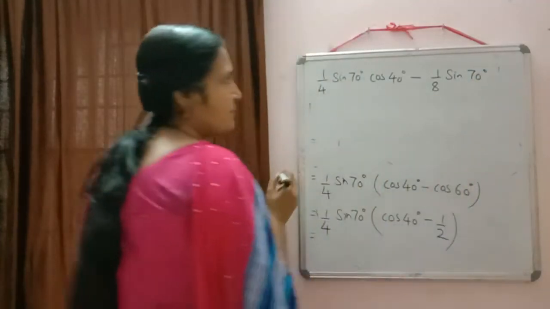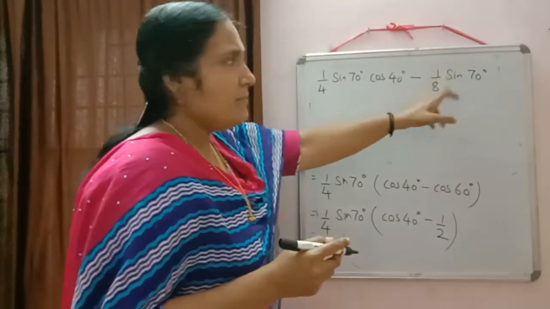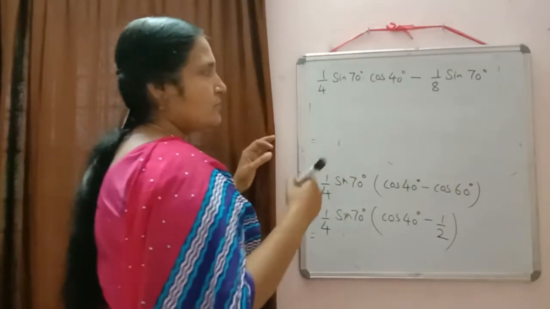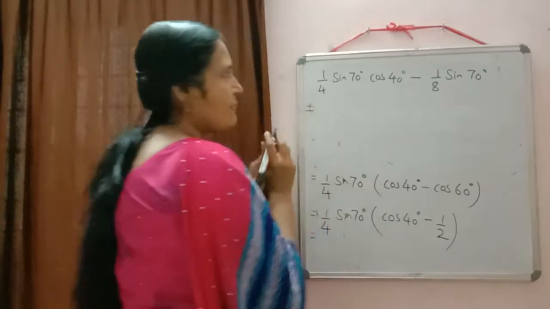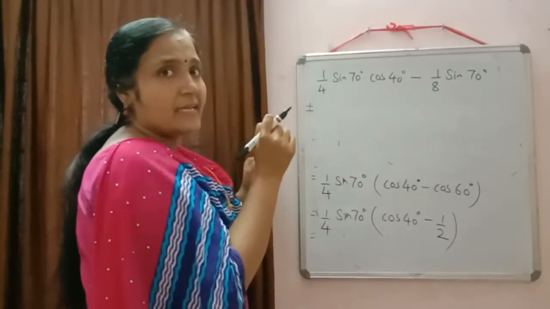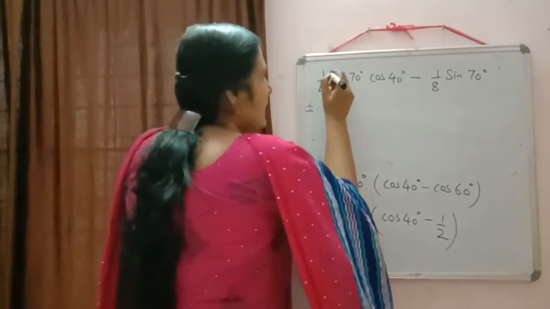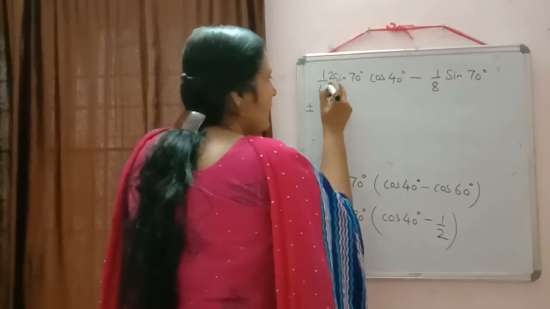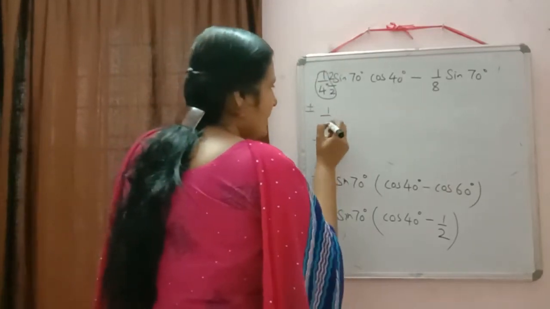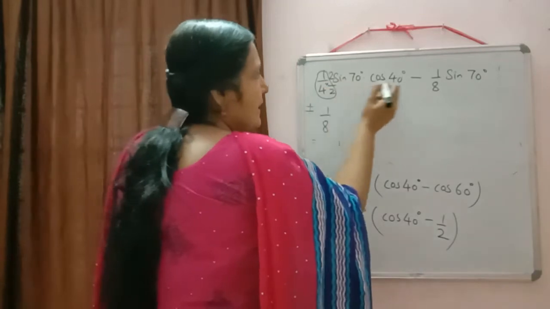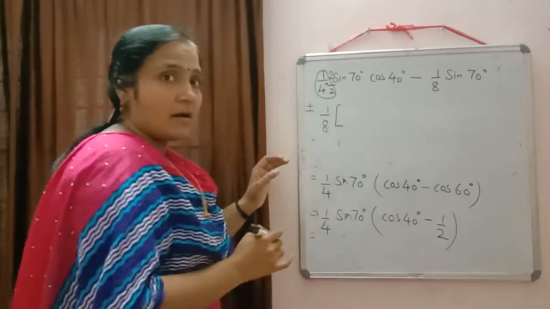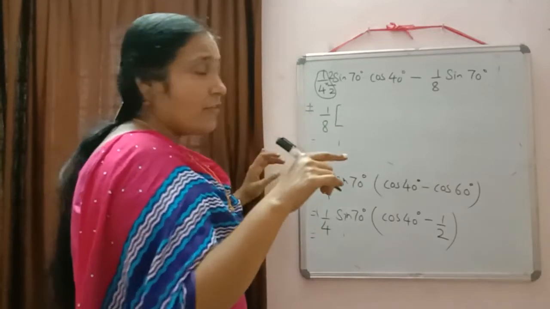70 degree. Now this one, second term, no product, but in the first term again we are getting a product. So again we will convert the product in the form of addition or subtraction. But to convert, what we need there? We need a 2. So again we will multiply and divide it by 2. So here it will be equal to 1 by 8. 2 sin A cos B. 2 sin A cos B. That is the formula of sine in case of addition.